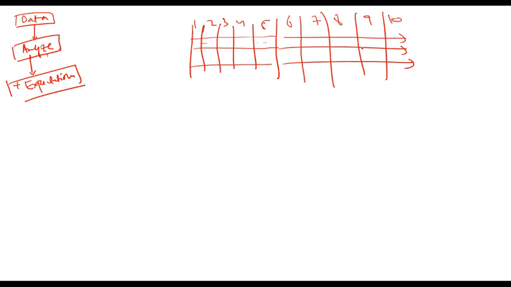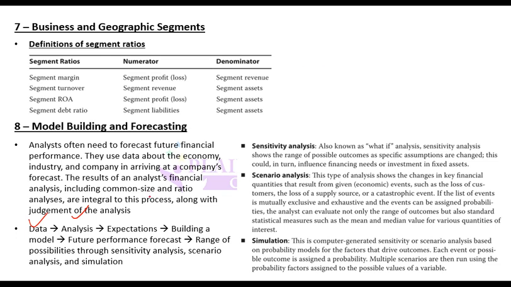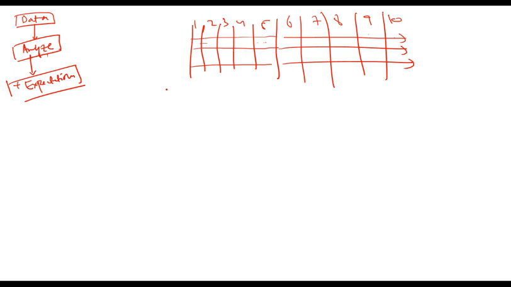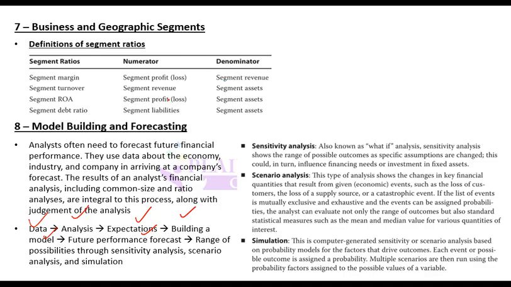What will be the future sales, future cash flow, future expense, future income. Then you build a model and you forecast future performance that we have just done. In your model, you will have a sheet for data dump, you will have a sheet for analysis purposes, you will have a sheet for assumptions in which you will put in expectation and assumption, and then you will have a sheet in which you will show past income statement and future income statement, past balance sheet and future balance sheet, and past cash flow and future cash flow.